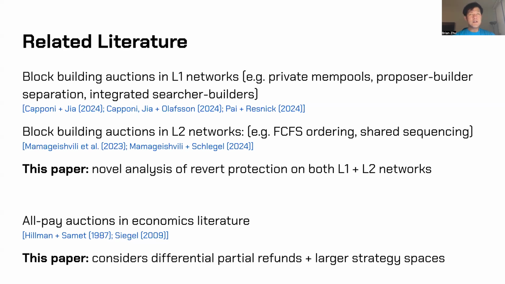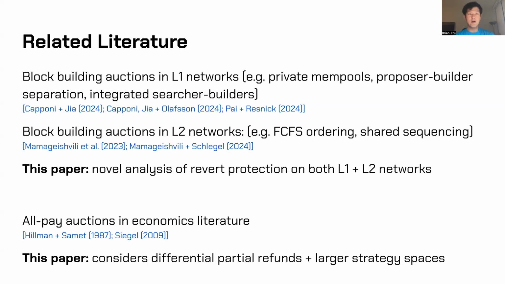So this paper falls into the broader literature on block building auctions in L1 networks, which focus on aspects such as private mempools, proposer builder separation, integrated searcher builders, and so on, as well as in L2 networks. And some of these L2 features include first come, first serve ordering or shared sequencing. So this paper analyzes a new aspect of revert protection, and it analyzes it on both L1 and L2 networks